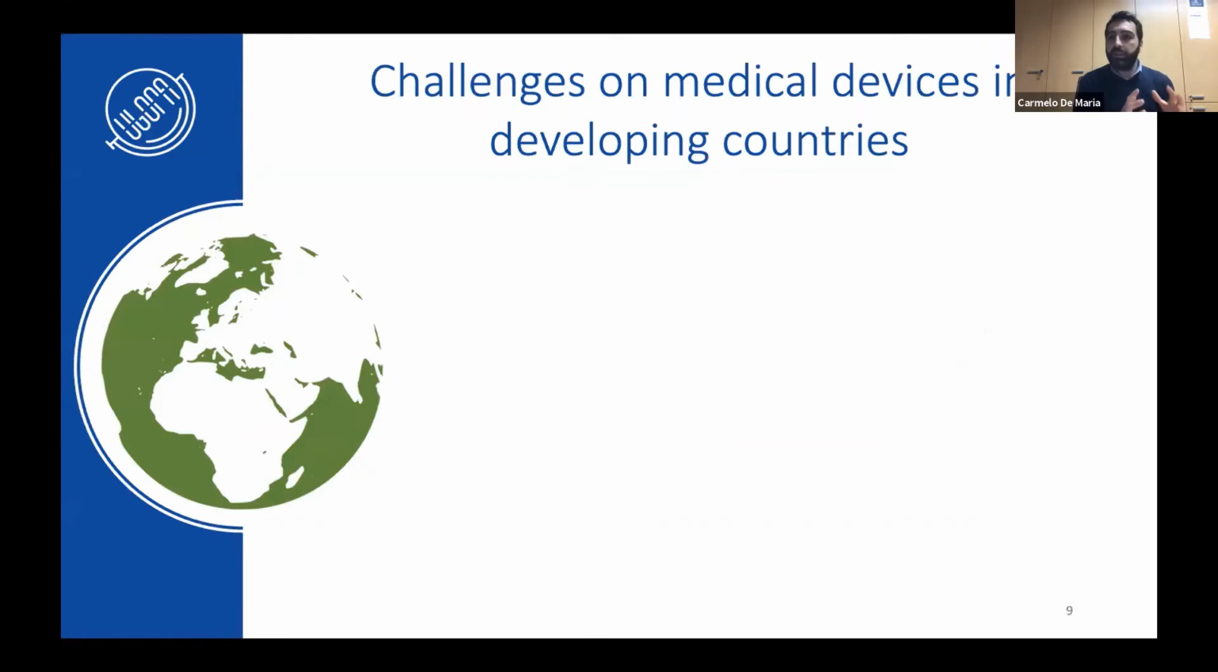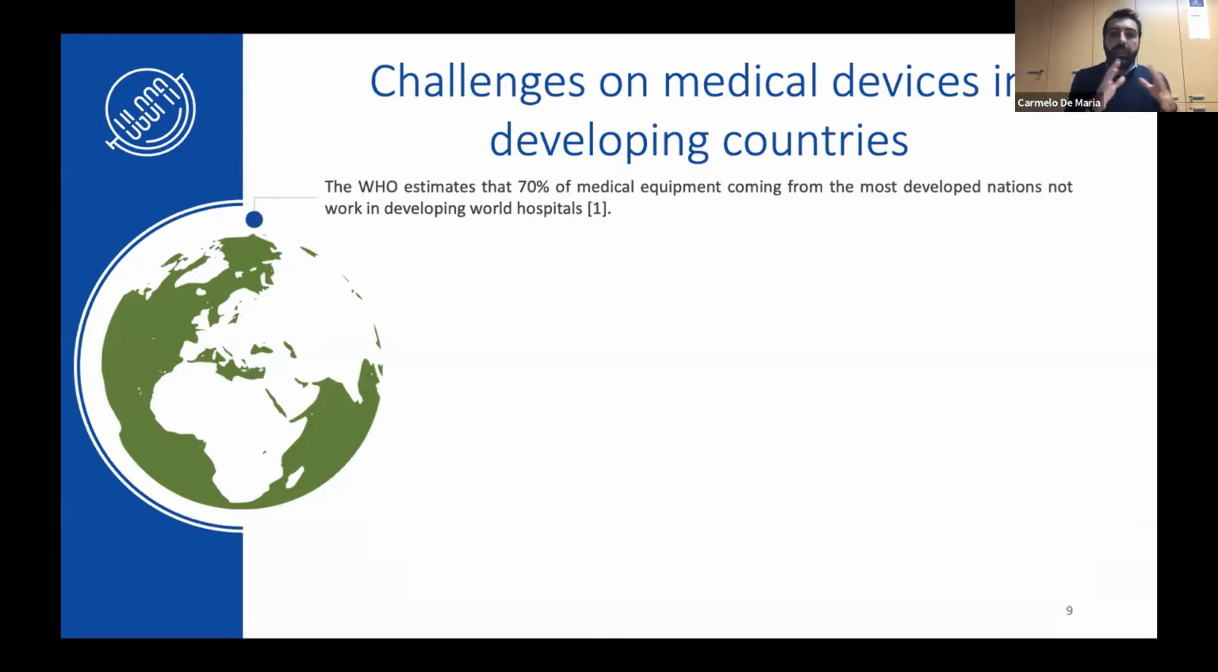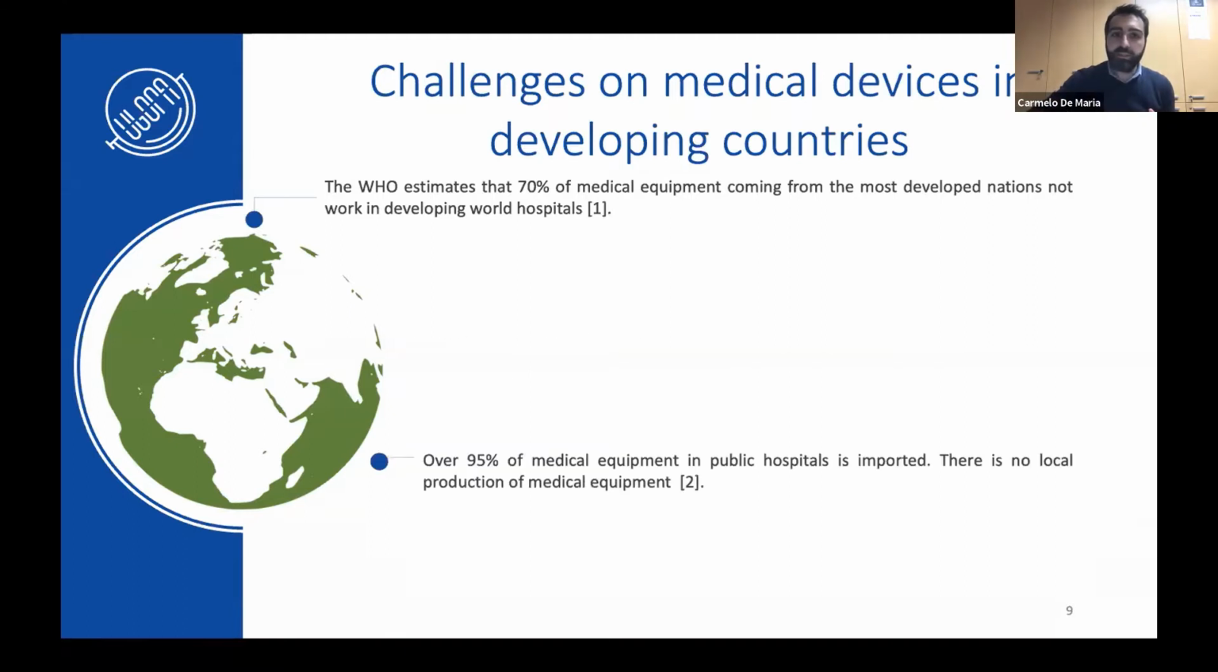high resource settings, like the United States or the general area of Europe, but think about countries in which you have low resource settings. Some countries in Africa, some countries in Southeast Asia, or scenarios where you have a war, a civil war, or political instability. This is a quite old estimation, but most of the devices that have been used in Africa are coming from donation. But